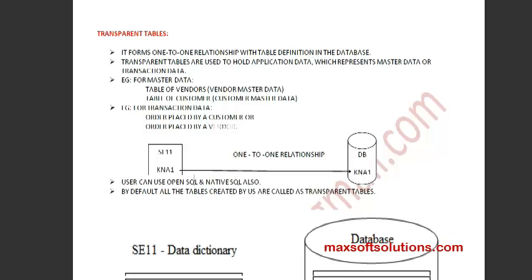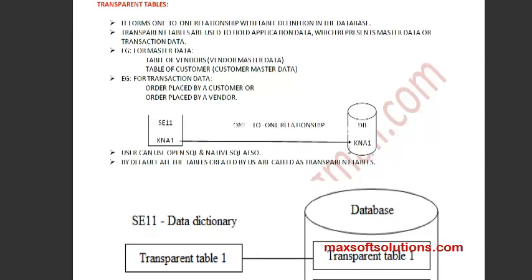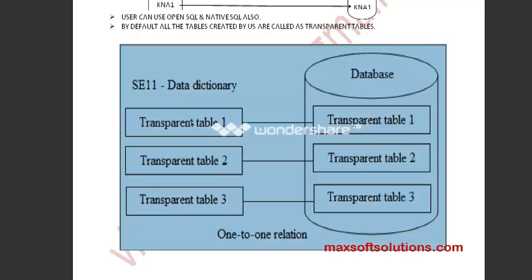So now SE11 level. This is actually the application layer. Okay. This is the presentation layer. If you see here, I can show you. See, this is the application layer. SE11 will be in the application layer only. It won't be in the presentation layer. Okay. So here it is the database layer. Whatever table we create in the application layer, that table will automatically be created in the database also.